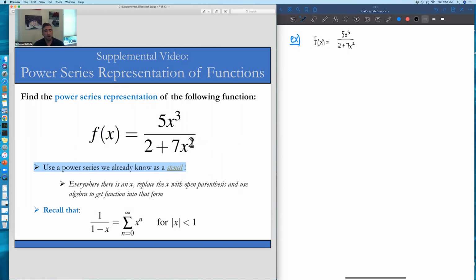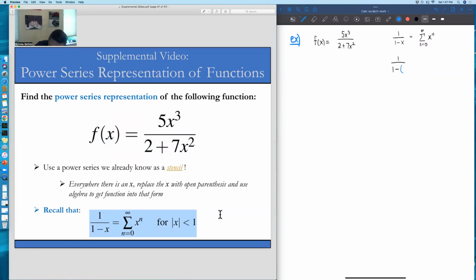For this function that we're given up above, this looks like something over 1 plus or constants plus x type terms. And well, if we stare at this long enough, we might see that this has the same flavor as a power series we know something about already, this 1 over 1 minus x. Now, of course, this power series that we know looks strikingly different than the function that we're interested in right now. However, when we talk about creating a stencil or doing composition of functions to find power series representations, what we're really thinking about is taking that power series we know, 1 over 1 minus x,